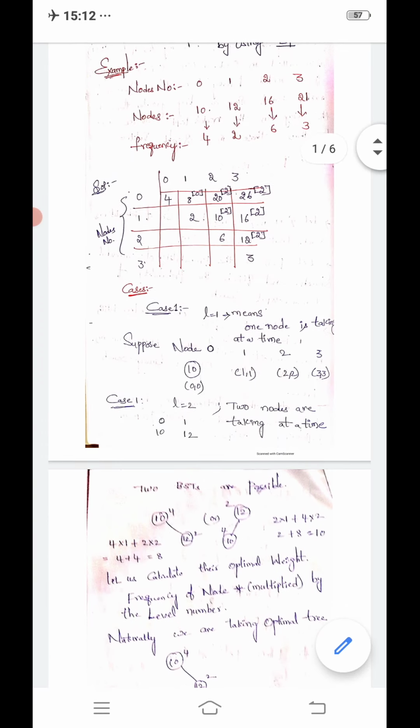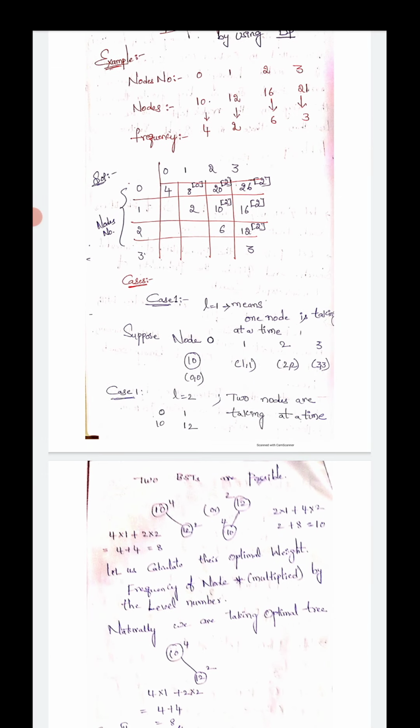Look at the diagram. Here we have to take the root node. The root node will be decided from the subscript, from the subscript 2. Listen carefully.